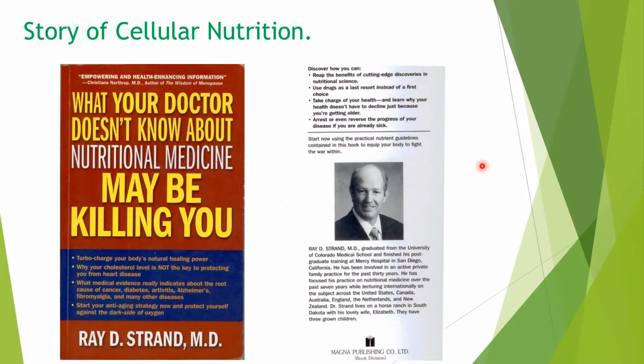When this gentleman got married, his wife was very happy. Before marriage, she was keeping a little low on health. But after marriage, over a period of 10 years, her health slowly started deteriorating. And there came a point in time when it was very, very bad, and she was on the verge of collapsing. Her condition was so bad that if she walked from one room to another room, she was barely able to walk, and she used to become very, very tired.